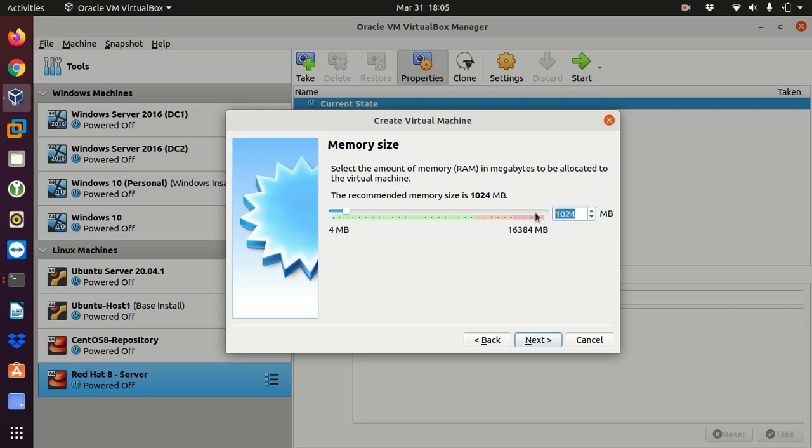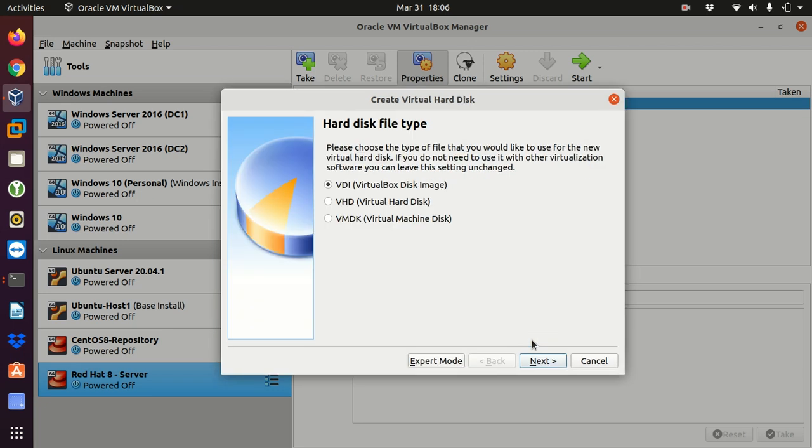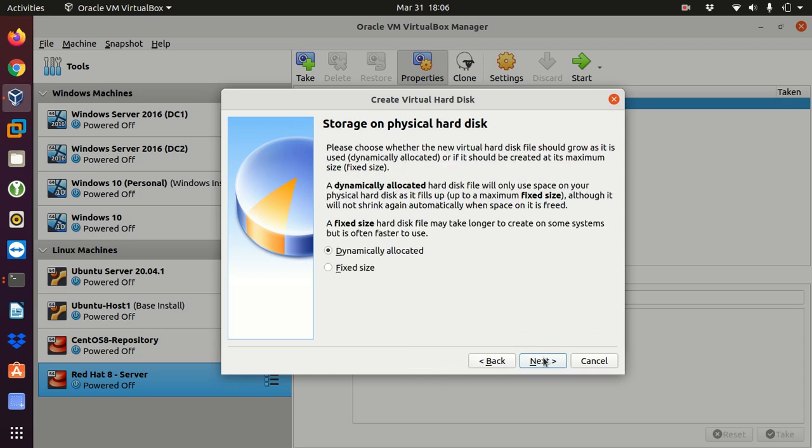Memory size, I'm going to change from 1 gigabyte to 2 gigabytes. Hard disk, I will create a virtual hard disk now, so hit create, and I'll keep the default option, which is VDI, VirtualBox Disk Image. Next, and choose dynamically allocated, which is the default option. Next,